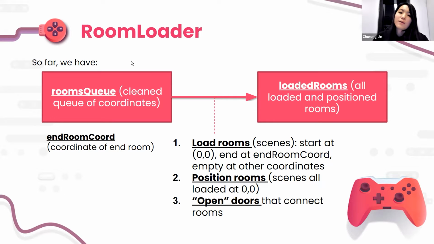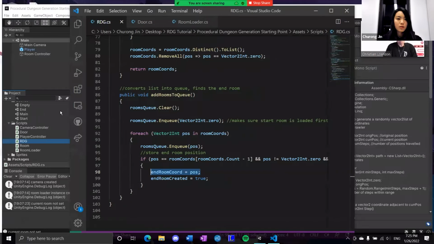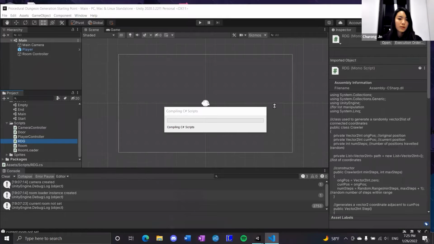What we want to do now is to load the rooms, obviously. Again, the rooms are scenes that we already created. So at 0, 0, we want to load the start. We want to load,